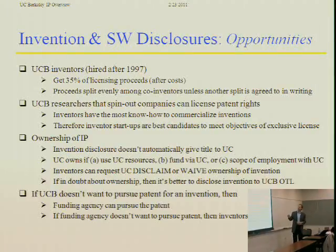So we talked about 35% goes to the inventors. The assumption is that it's split evenly, but if you want to work it out with your team that it's not an even split, if you send that in writing, we'll do it that way. When we're looking at licensing alternatives, if members of the team are spinning out a company, that's often the highest candidate for this kind of license because, again, they're bringing know-how, not just the IP rights, and so we want to encourage that. So often members of the team will be part of the spin-out company. Talked about ownership, and